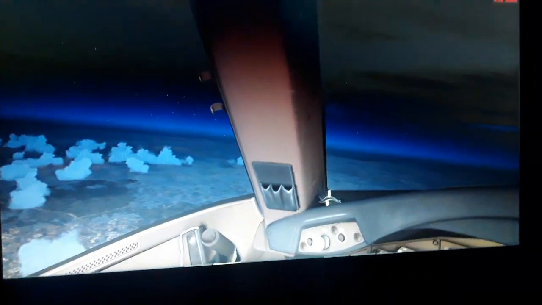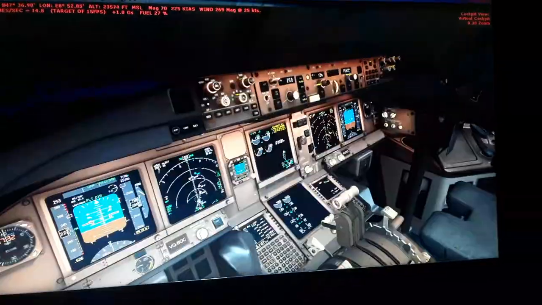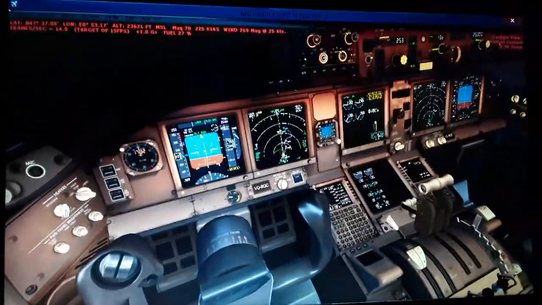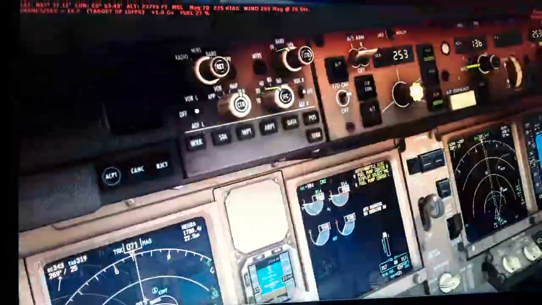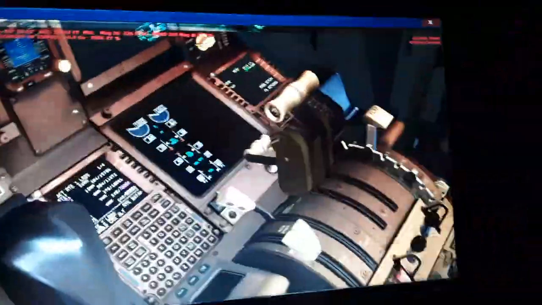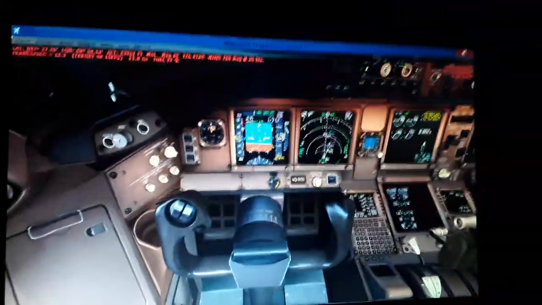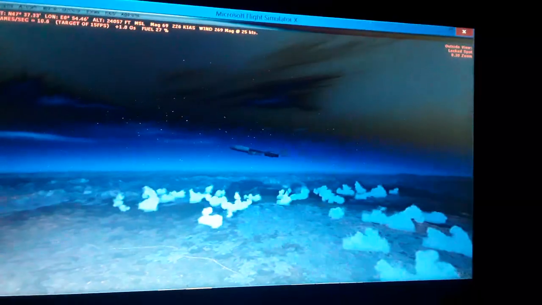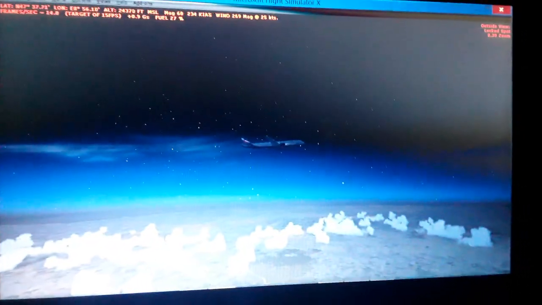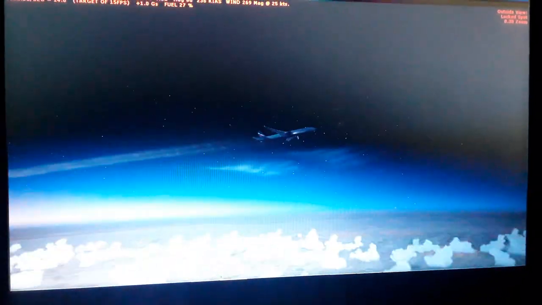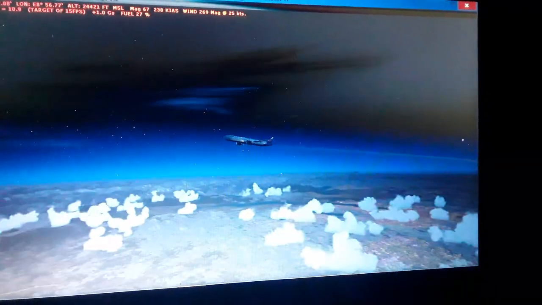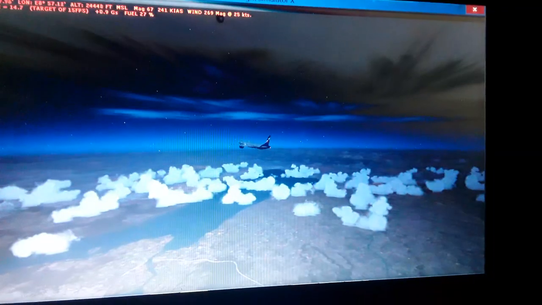So we keep climbing. 33,600 feet now, as you can see. All the information we have it here. So now we have the chemtrails here and the contrails, the frozen vapors, as the aircraft now flies like 600 kilometers an hour or 250 meters per second. The chemtrails and the contrails, the frozen vapors, as you can see, and the lake here